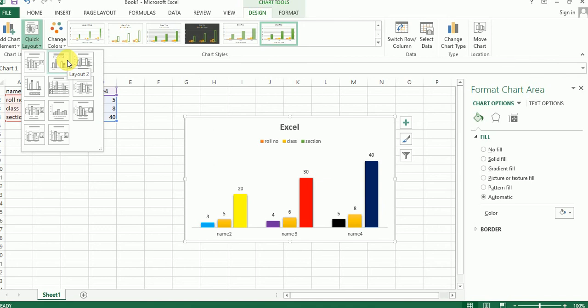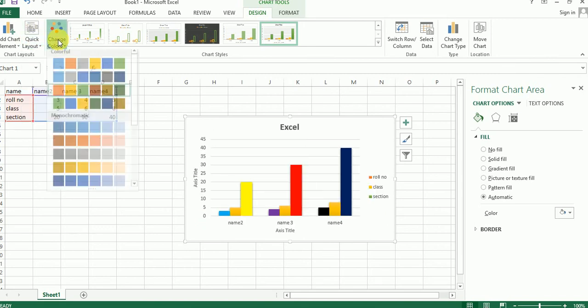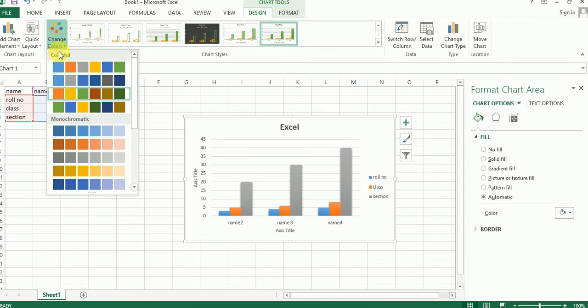You can also modify your chart look and feel when you use quick layout, and change color. Also you can see this: data series 3, data series 3, same color. Data series 2, data series 2, same color.